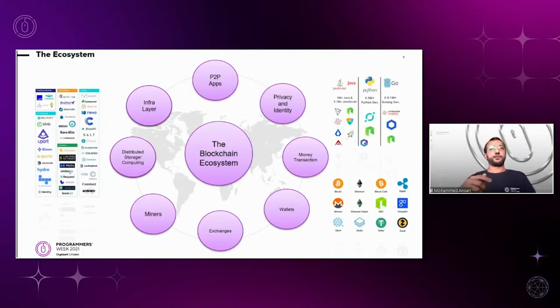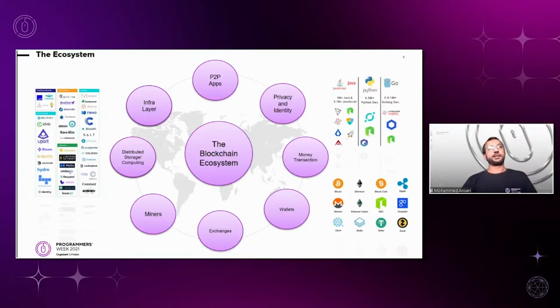Now, there are decentralized exchanges as well. The difference between centralized and decentralized exchanges is that a centralized exchange is owned by an organization or a company, and a decentralized exchange is maintained by a group of peers or by the public. So inherently, they're safer, and you don't have to rely on somebody. You don't have to trust somebody.